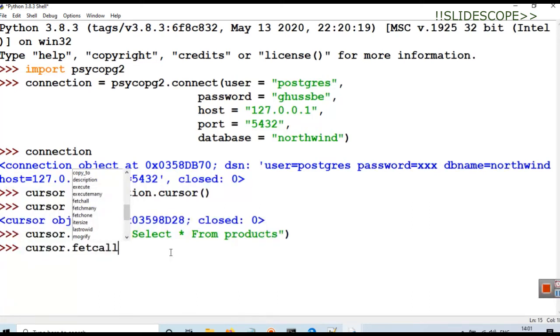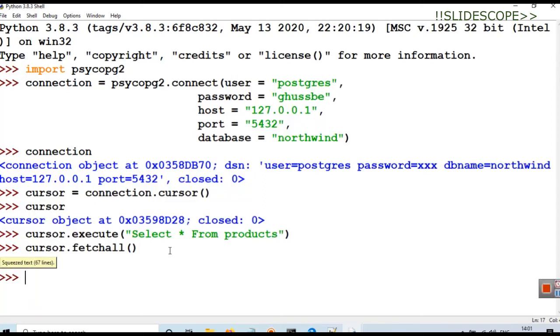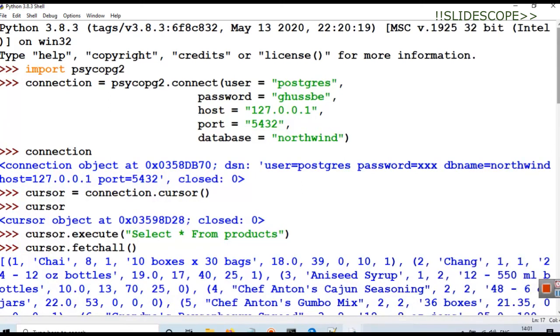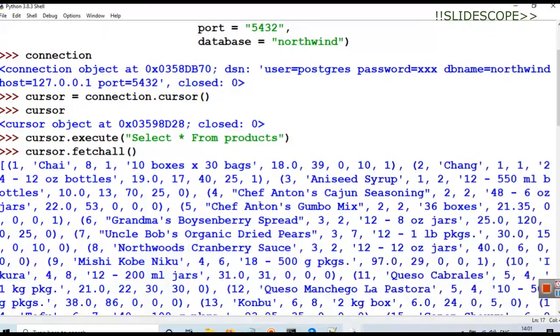This will give us the complete information of the table. So fetchall, execute this. Now you can see in cursor dot fetchall we have these results. It is giving us a list, and this list is of tuples actually.